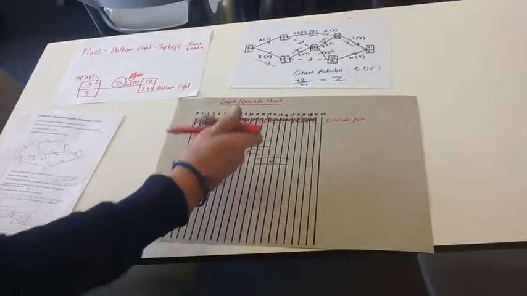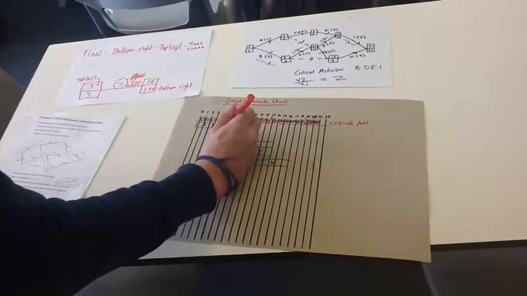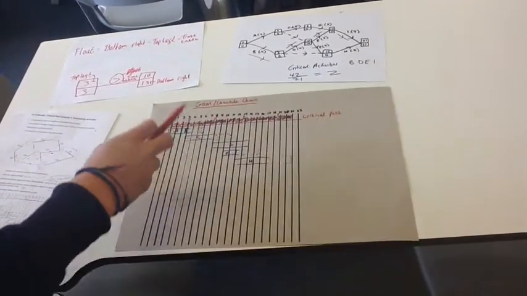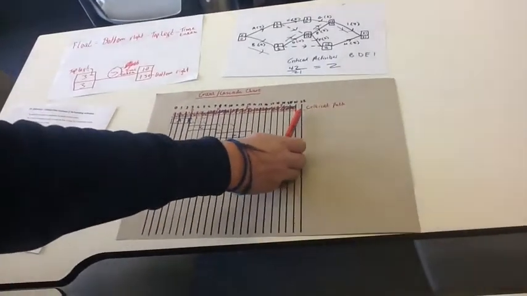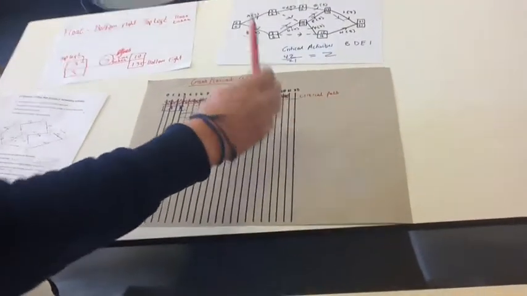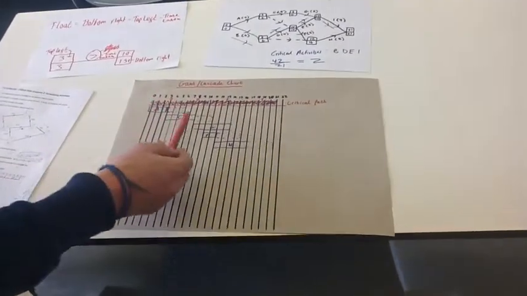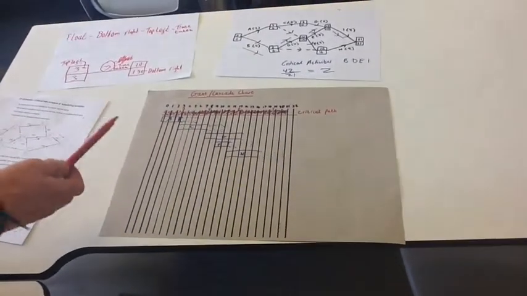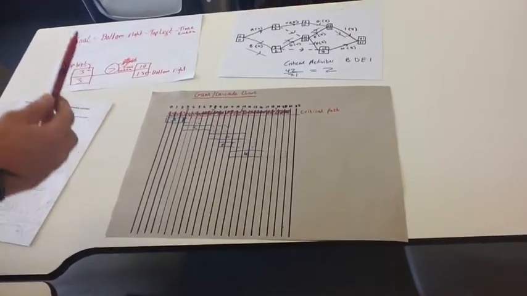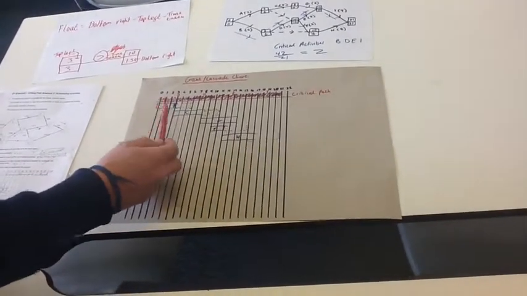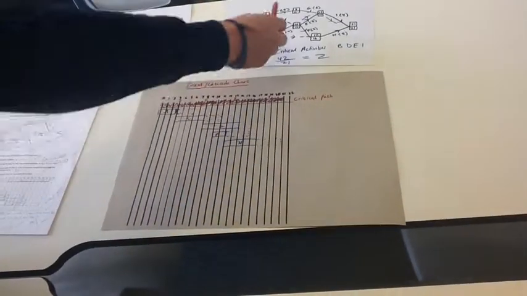So then these little dotted lines here, they show the floats. And an important thing to note is that the critical path which you draw along the top has a sum of the floats equal to 0. There's no float time. So if you delay anything, it delays the whole project, and that's why it's called the critical path. And then basically, A goes there because it doesn't depend on anything, and C depends on A,